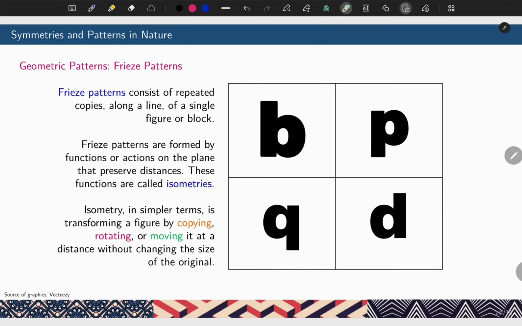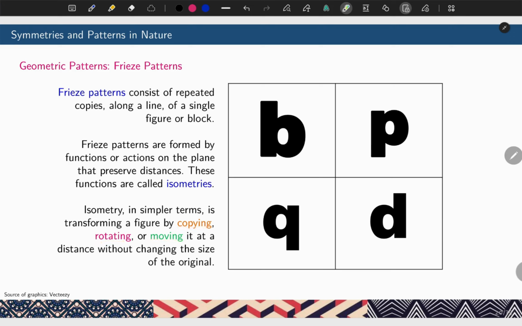Frieze patterns consist of repeated copies along a line of a single figure or block. Frieze patterns are formed by functions or actions on the plane that preserve distances. These functions are called isometries. Isometry, in simpler terms, is transforming a figure by copying, rotating, or moving it at a distance without changing the